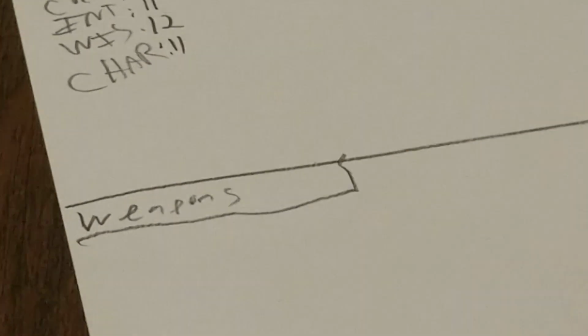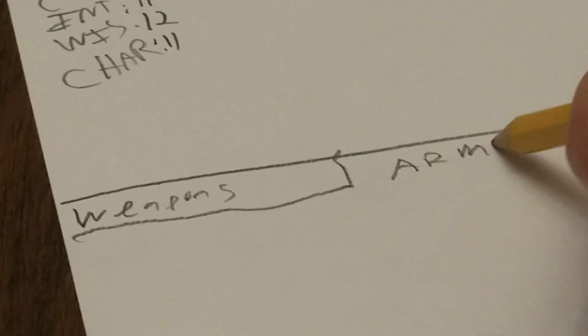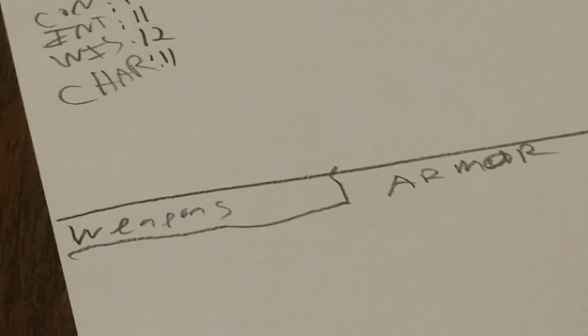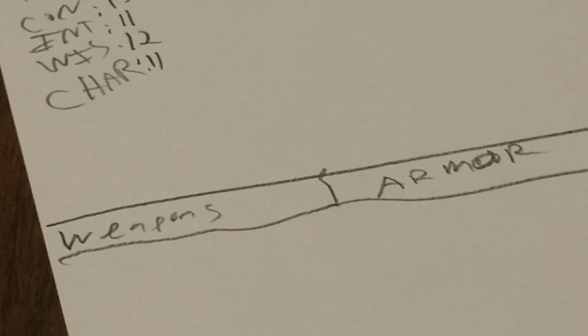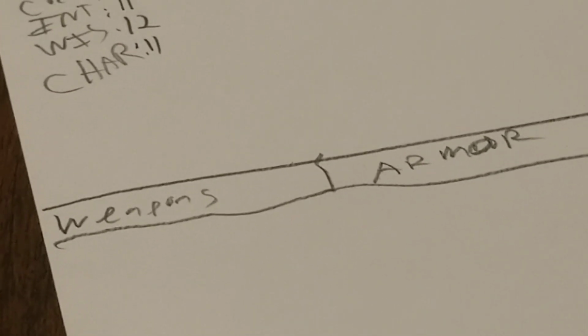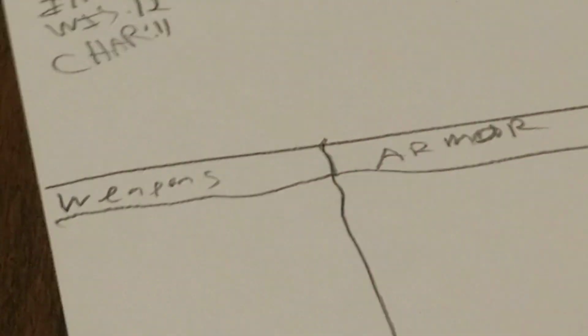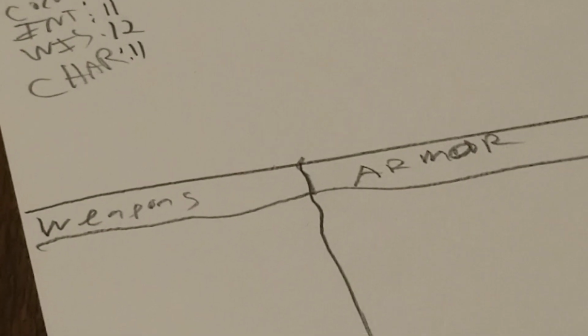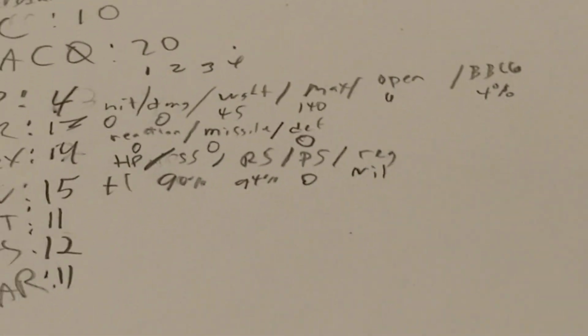Okay, so this is how I used to do it. Sky's the limit. I draw a line here and I put weapons. Armor. And equipment. Right. Okay. And then I would put lines. And then over here, you could put something like